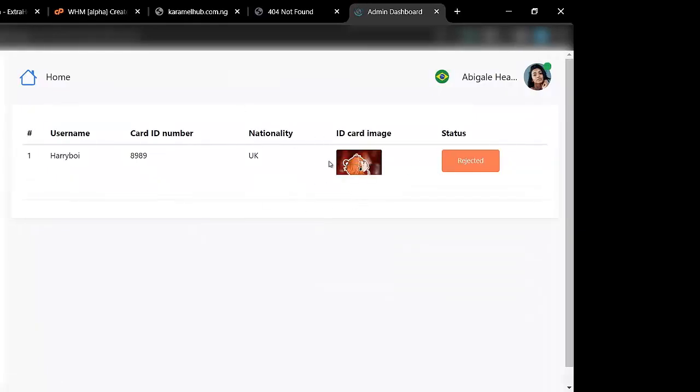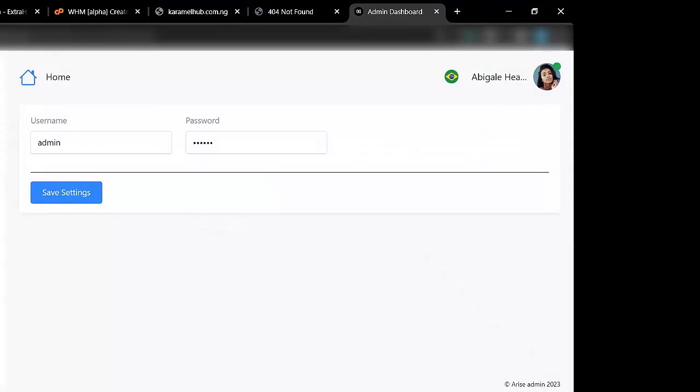Now up next, we're going to go to account settings. Now in account settings, this is where the admin gets to set up their password and their username. So once you get yours, you can easily just change your username and your password right from the account settings page, okay? Now website settings, this is where the admin gets to put in their website name, put in their website URL, the what's it called,